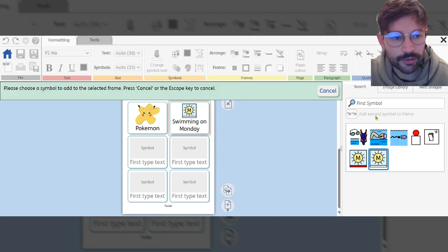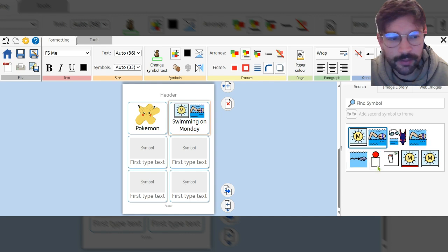Okay, so all we have to do is we have to go up under here and we click add second symbol to frame. So when we add second symbol to frame, we've got the Monday and then we've got swimming. So swimming on Monday, and the images reflect that. Okay, so that's just how we add two symbols to one image, and it's simply by clicking this little button here, add second symbol to frame, and it will allow you to add that for more complex sentences rather than